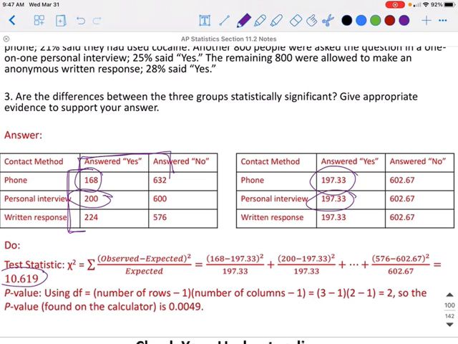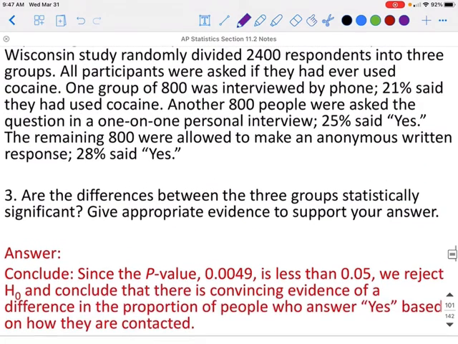Now we know that there are 3 rows and there are 2 columns. So 3 minus 1 gives us 2, 2 minus 1 gives us 1, so we know our degrees of freedom would be 2. You can look this up on your table and find what values your p-value would fall between, or if you do this on the calculator, you will get a p-value of 0.0049. So if we write our conclusion, since the p-value of 0.0049 is less than our alpha level of 0.05, we reject the null hypothesis and conclude that there is convincing evidence of a difference in the proportion of people who answer yes